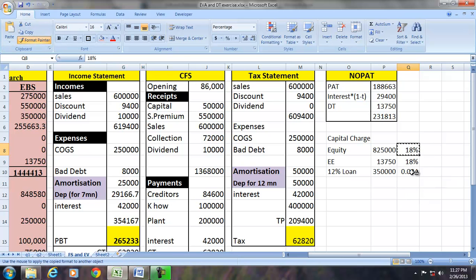So therefore the capital charge is equal to the value into rate. So capital charge in this case is the summation of the cost for equity equivalent, and